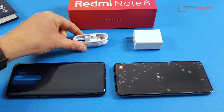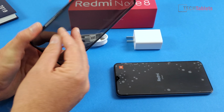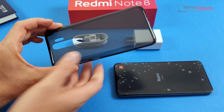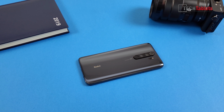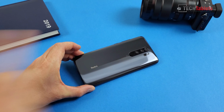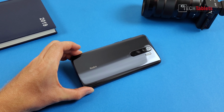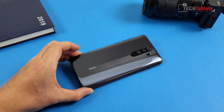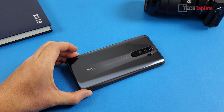Type-C cable, which is grey and white, and we do get this TPU case, which as you can see is fine. The quality is alright, but it's good that we do have this included in the box. So looking first at the rear of the phone here, we do have Gorilla Glass 5 front and back. We've got 4 cameras here, so 2 of them are 2 megapixels. One's used for the portrait mode, your depth mode. The other is a dedicated macro shot mode too as well, so you can get up and close for macros